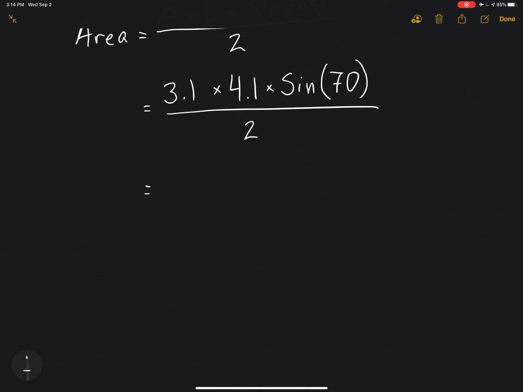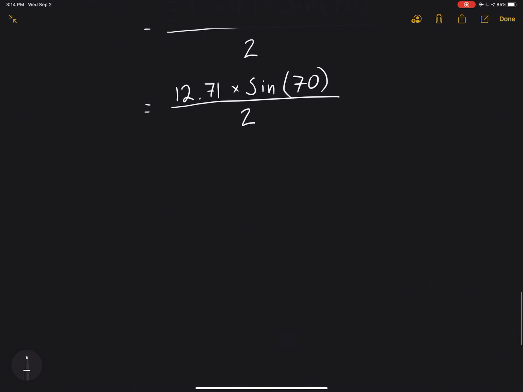And that simplifies down to 12.71 times the sine of 70 divided by 2, which is the same as